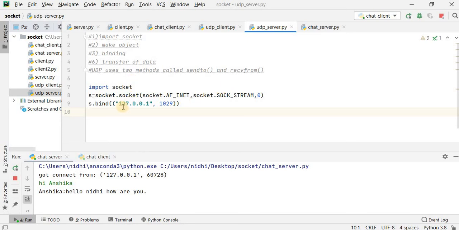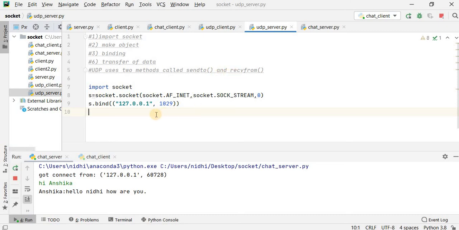After the binding process, the server will not accept anything from the UDP client first. The restriction is that the client has to send the first packet to the server. The server will not send the packet first. The client has to send the packet first, and the server has to receive it using recvfrom.